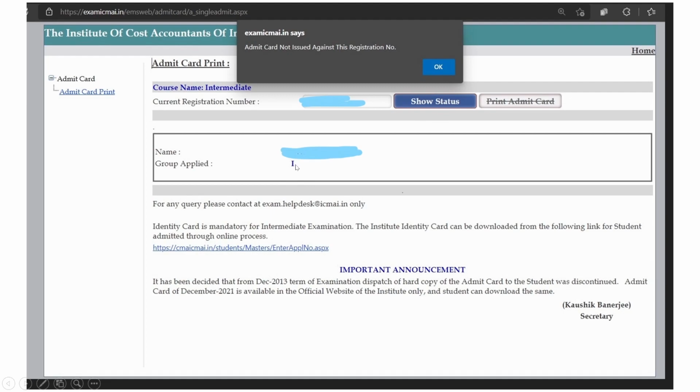You may opt out or add some other group in this application, but it will not reflect in the show status. It will be reflected only in the admit card when you print it out. So you need not worry that the opt out or additional group added is not reflected in the show status. It will definitely be reflected in the admit card.